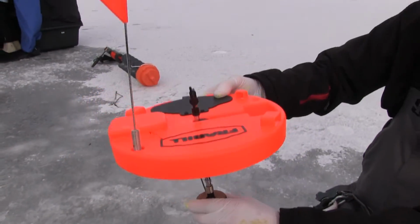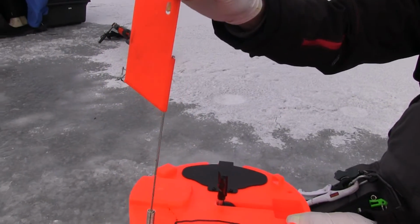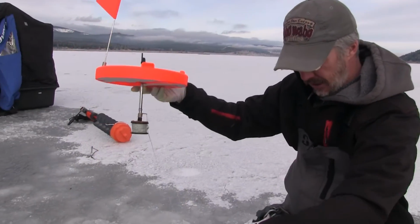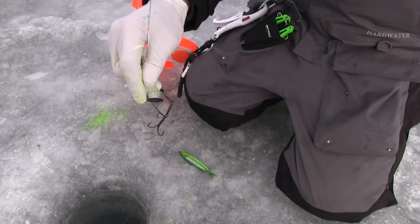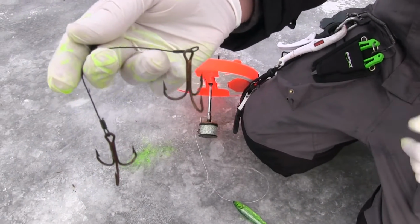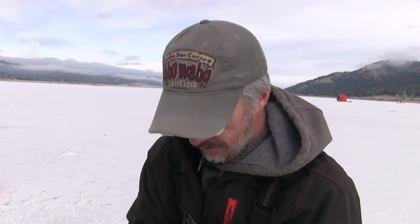This is what we call a tip up. It's made by Fraybill. It's kind of like a mouse trap, is what I usually explain to my clients. What we've got is a quick strike rig for northern pike, 2 treble hooks. Sometimes in different bodies of water, you might use a bigger minnow or a sucker. Here we're just using